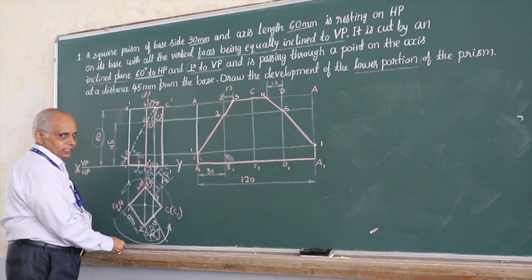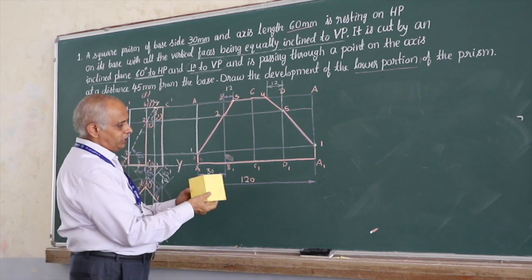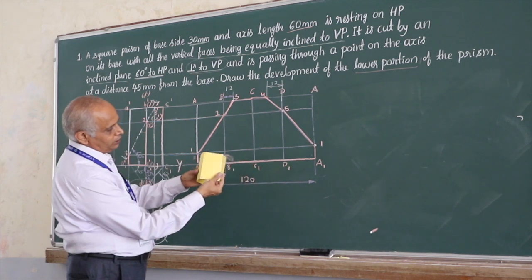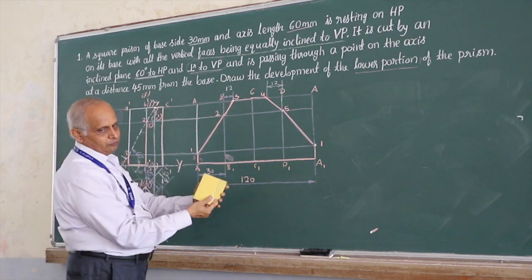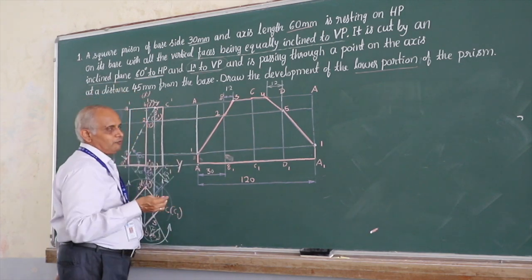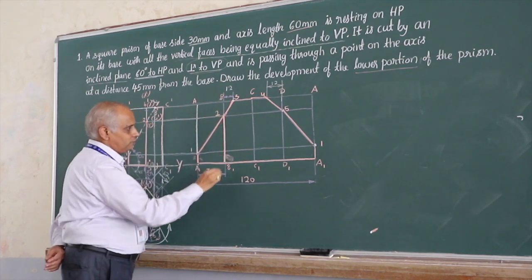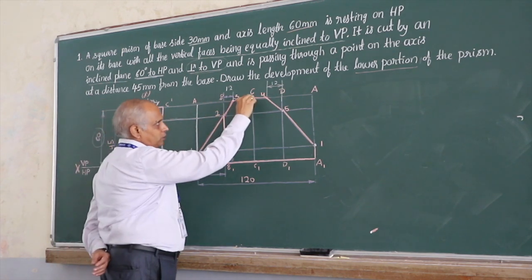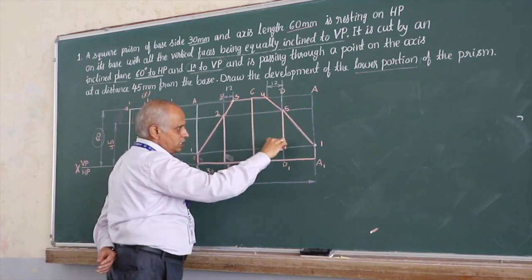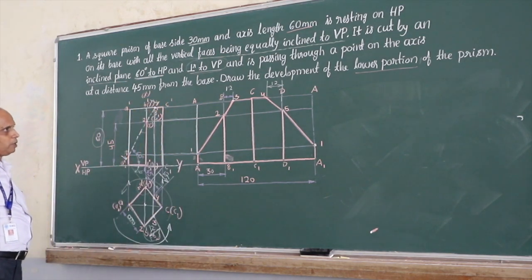But very important thing is, in all the prisms, the sheet metal operator has to bend it along these edges. So these are the folding lines. If you know the folding lines, he can bend it along this. Therefore, in development of prisms and even pyramids, you need to highlight the folding edges. Therefore, this is to be the folding line for edge BB1. This should be the folding line for CC1, and this should be the folding line for DD1. So this completes the development of problem number 1.